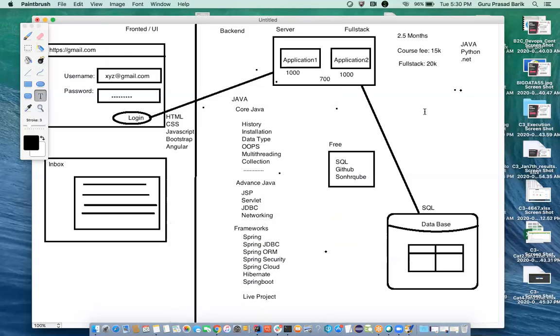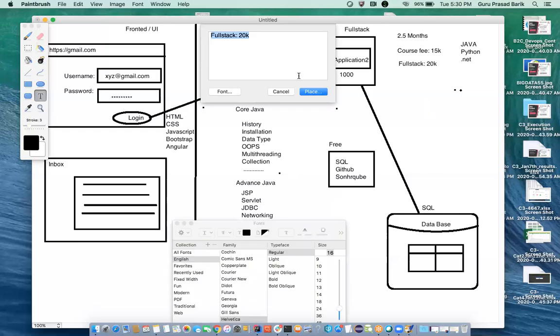Do you want to know what is the process to get a course free? You have to refer 3 students, and they have to join. Not only referring, they have to join. When they join, your course fee will be free. We are not going to charge a single rupee.